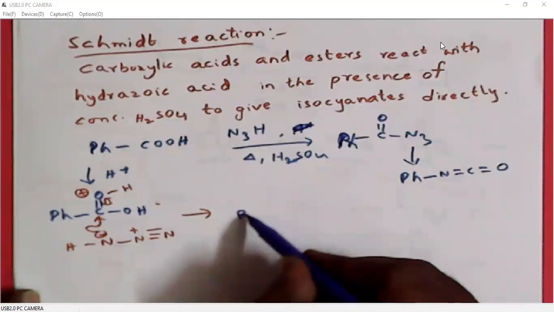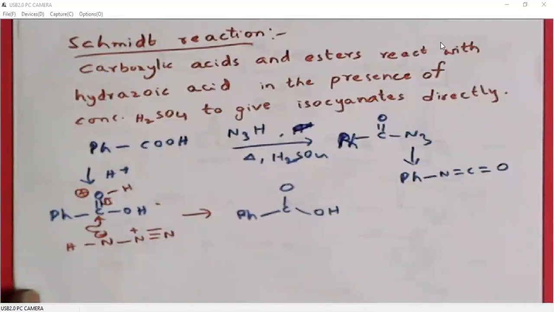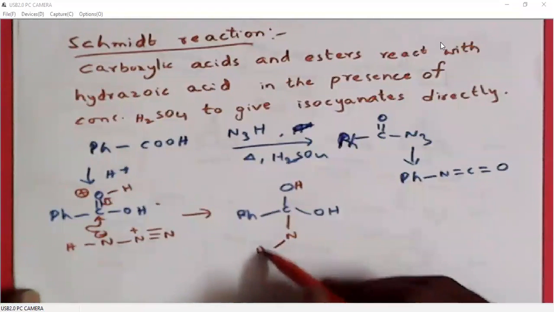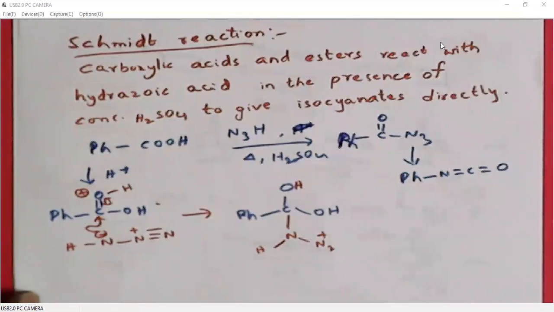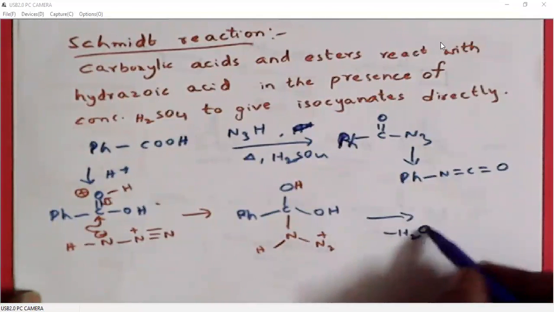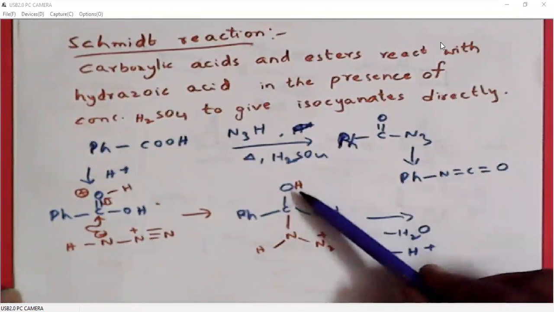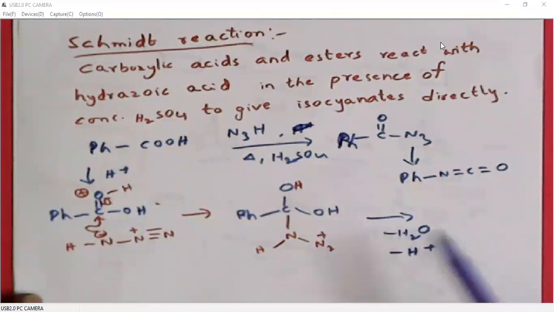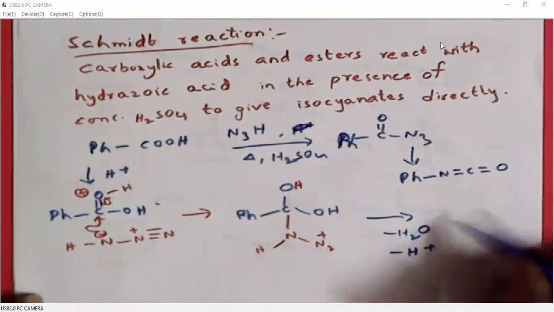So we have PhC(OH)(OH)NH-N2 plus. Now this molecule undergoes loss of water and a proton. That means protonation of alcohol becomes OH2 plus, which can be dehydrated. Then loss of proton from this nitrogen generates